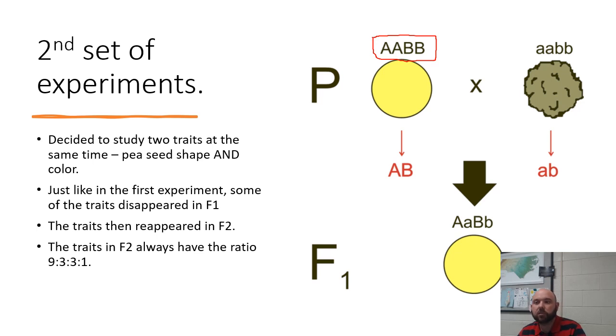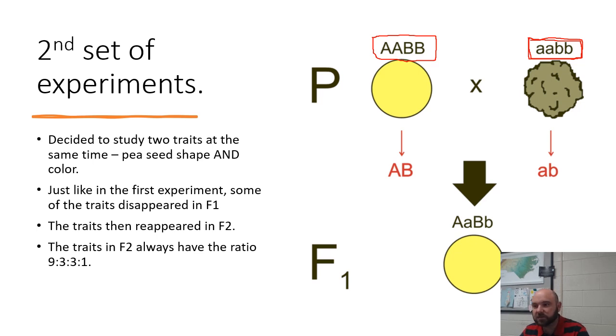So the dominant trait for seed color is yellow, and the dominant trait for seed shape is round. And so he took a completely dominant round yellow seeded pea plant and crossed it with a completely recessive pea plant for seed shape and seed color. The recessive seed shape is wrinkled and the recessive seed color is green. And so to see those, you've got to have those two recessive factors, and both of them being recessive to